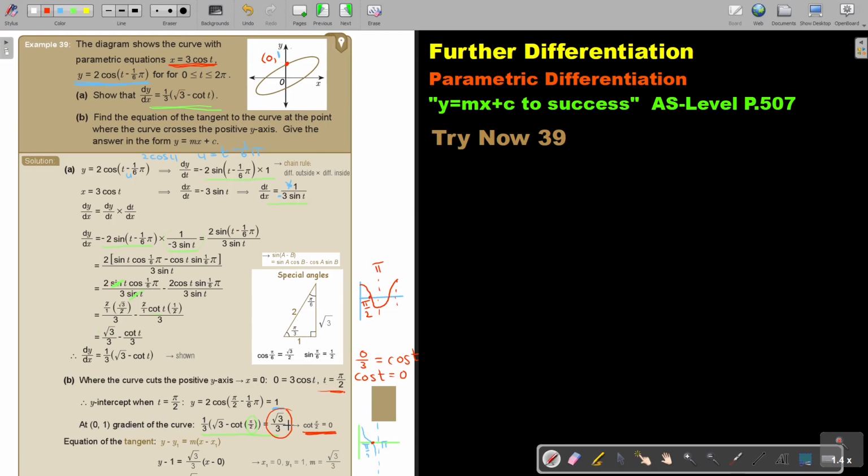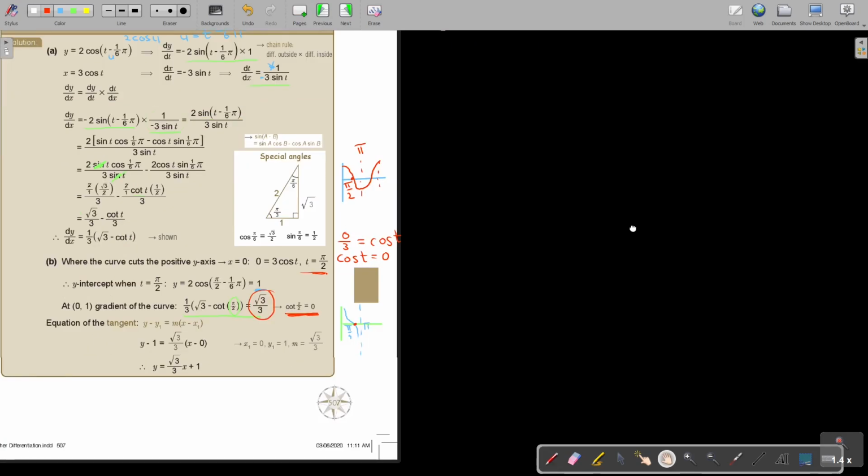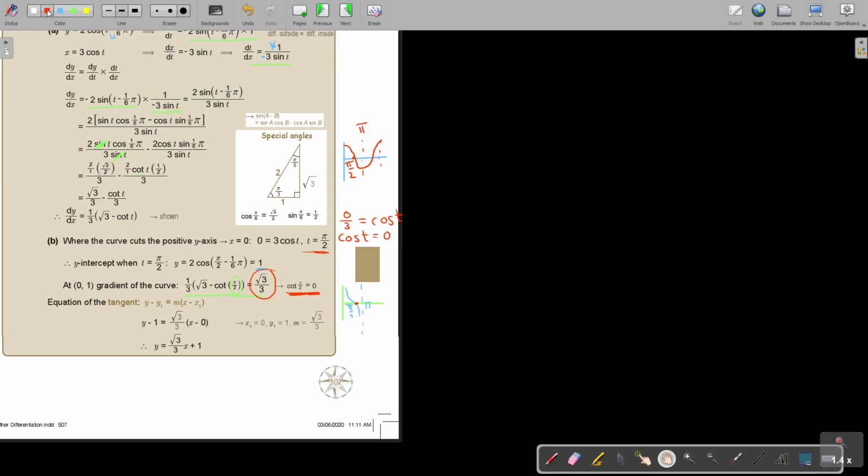So the gradient of the curve is that. And now I'm going to find the tangent. So how do I find the tangent? I have my point 0 and 1. There's my point 0 and 1. So then it's going to be y minus 1 equals, I put in this, x minus 0. And then I'm just basically going to take that 1 over and get